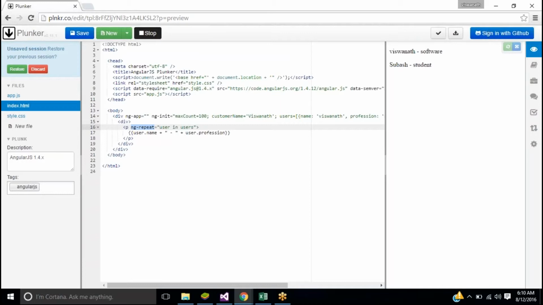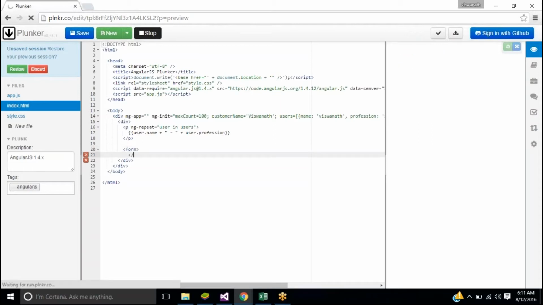Now, on top of it, you can create your own directives, custom directives, that I was telling you last time, right? Student information, I can do it, right? So for example, let's say I want to create my own directive. Generally, when we want to type information, let's say I want to show a header. What will I do? Or let me say, let's say I want to create a form, right? How will I create a form? I'll create it like this.